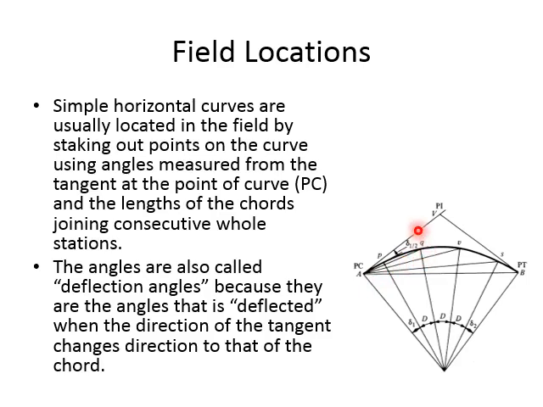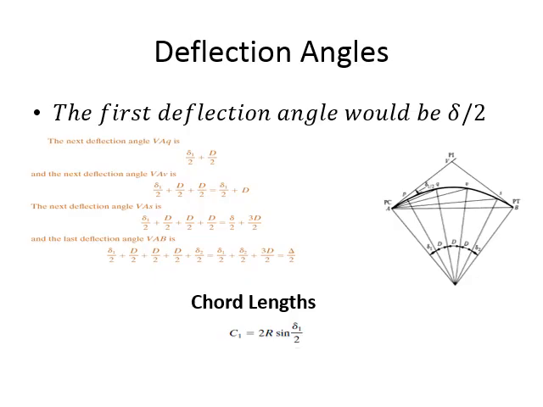Okay, and we said the angle between the chord and the tangent is always half of the angle of the curve. So if this angle is delta 1, then the tangent has an angle of half of delta 1 from the chord. So if you know the angle of the segment of the curve, then half of that angle will be the angle of the chord and the tangent. Okay, so for each segment of the curve, you will find out what is the angle between the chord and the tangent for that segment of the curve, and you will find out the length of the chord.